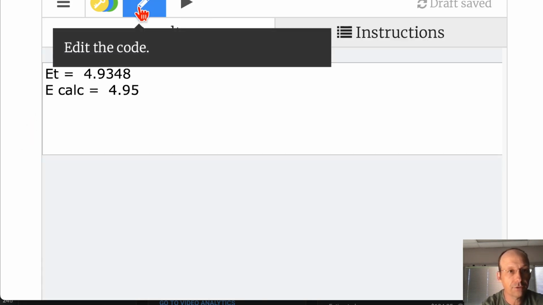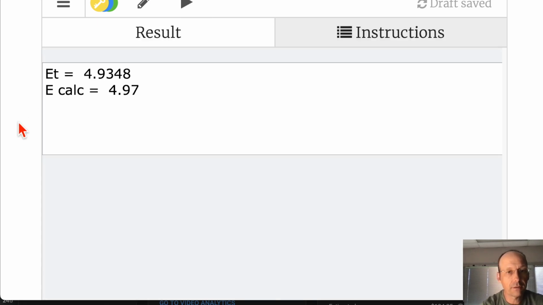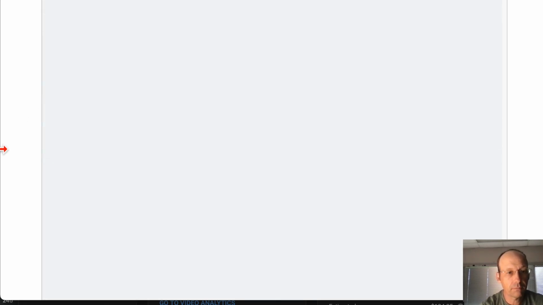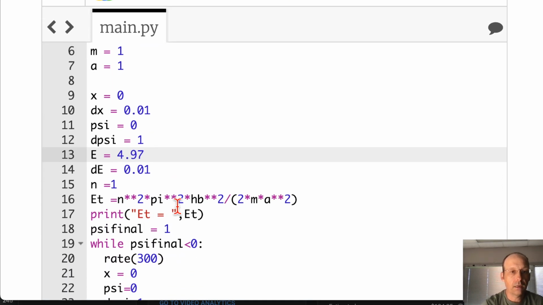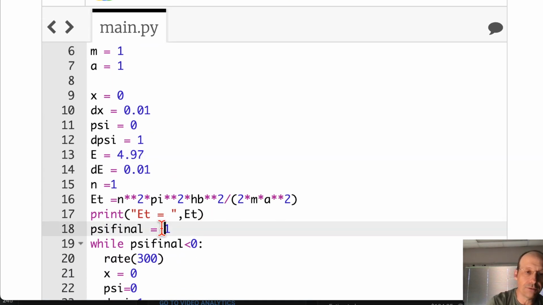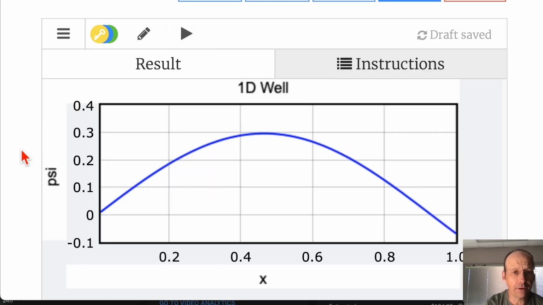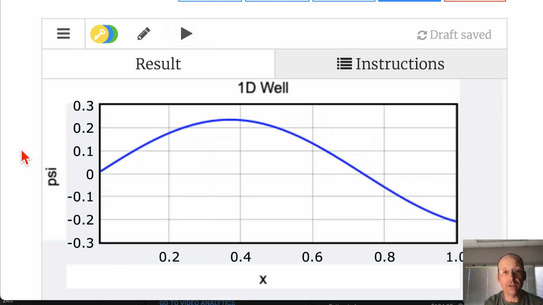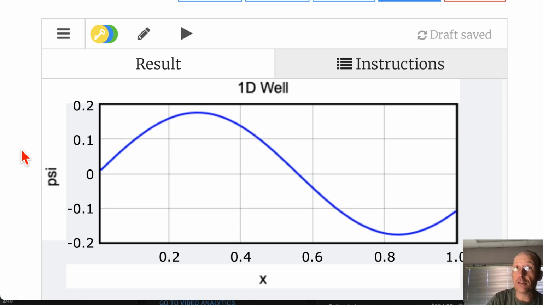Oh, it didn't. Okay, let's change this to an energy of just a little bit greater. No, it's not working. Okay. So, oh, I didn't. That's why. I said psi final is 1, so it's going to change that value really quickly. It doesn't really matter. So now as I increase the energy, my wave function comes back up to 0, and